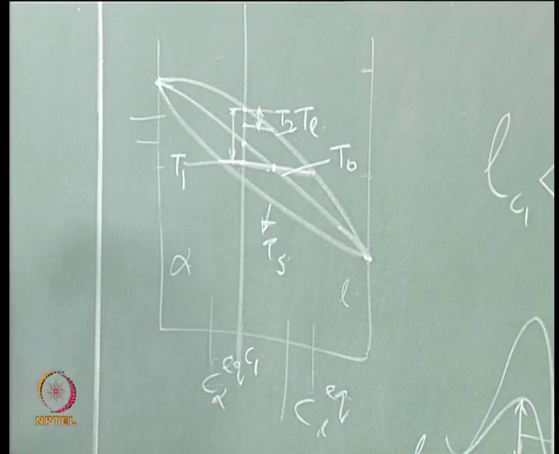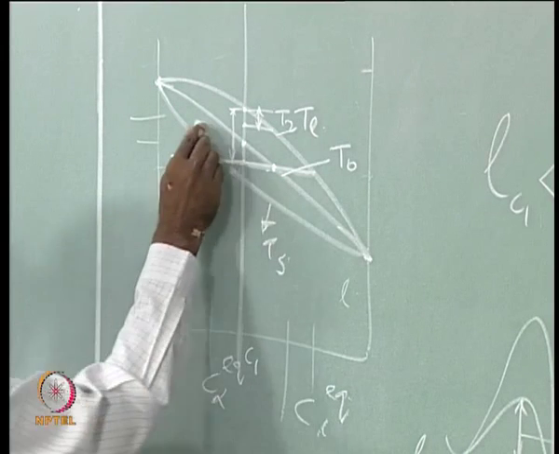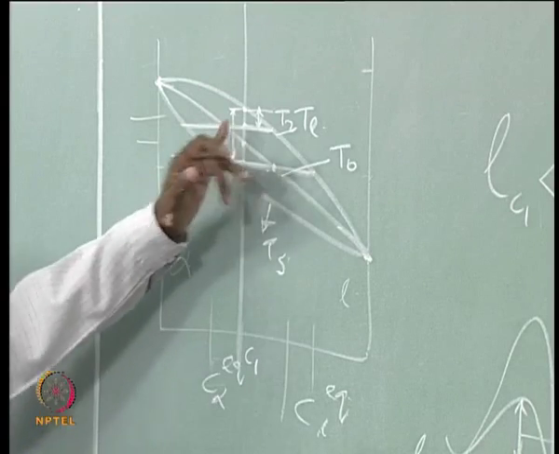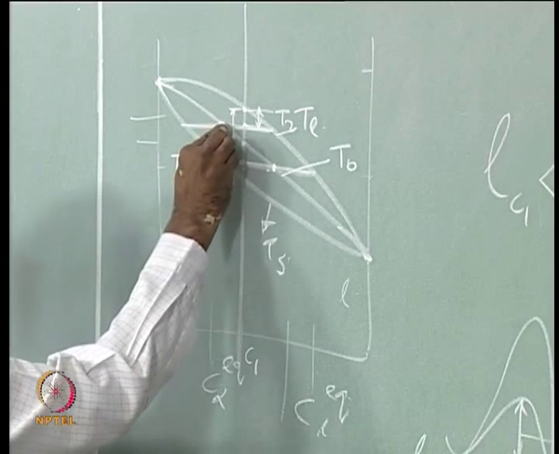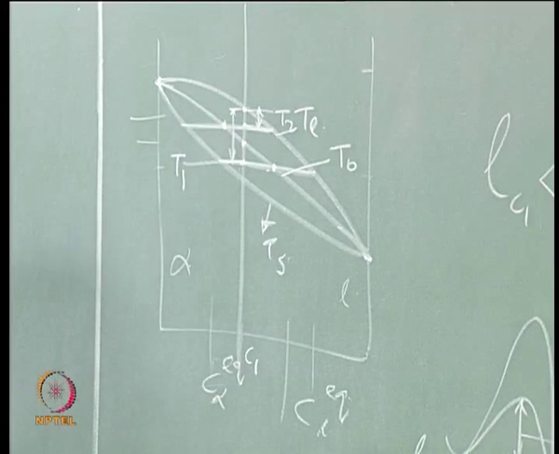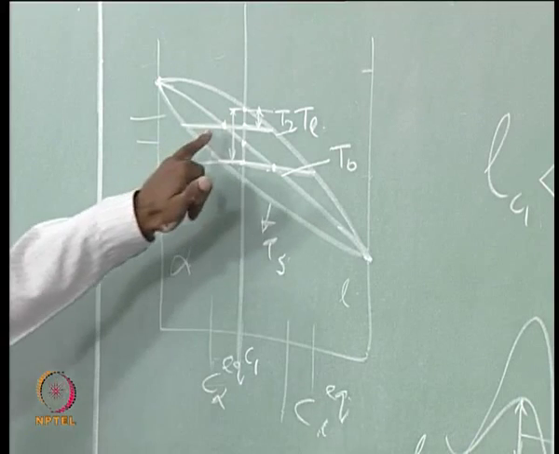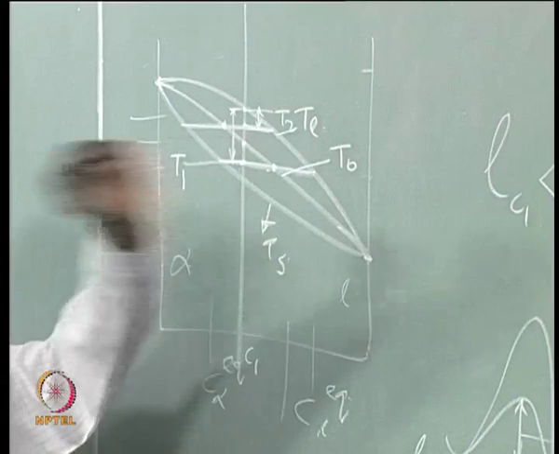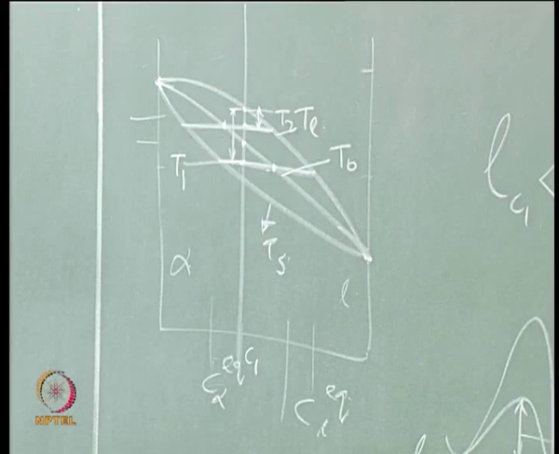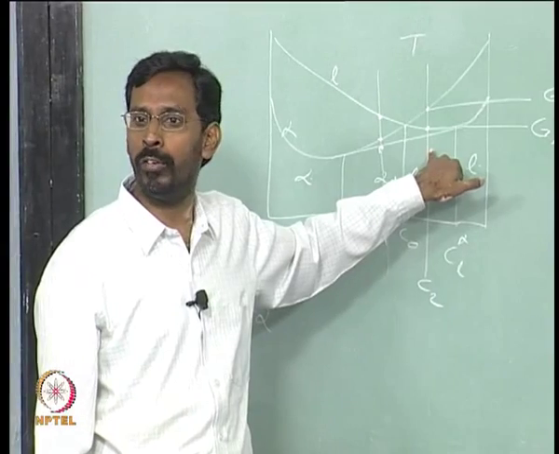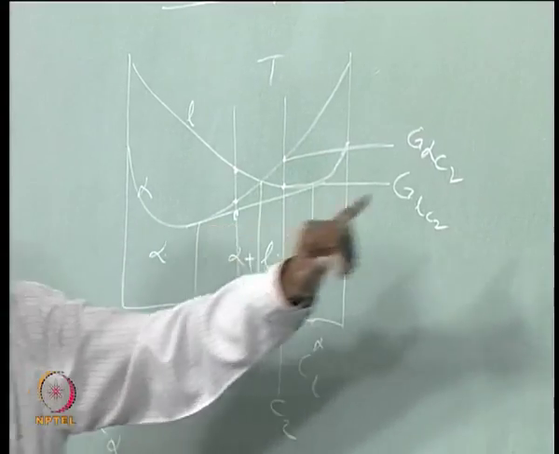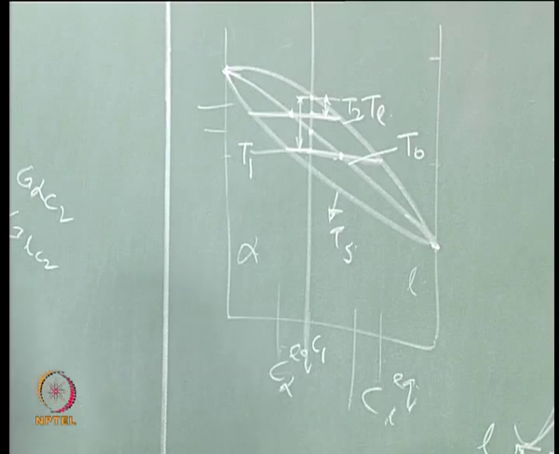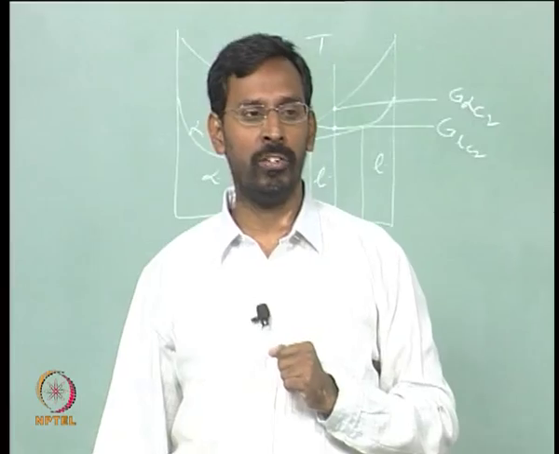So, I have given a smaller undercooling, and at that temperature, if I again draw a tie line, I see that my alloy composition is now to the right of the T naught corresponding to that. At that temperature, my C naught composition is to the left of my alloy composition. If I am on the right side of the C naught composition, I have already seen that there is no driving force for partitionless solidification. Only if I am on the left side of the C naught composition at any given temperature, there is a driving force for partitionless solidification.